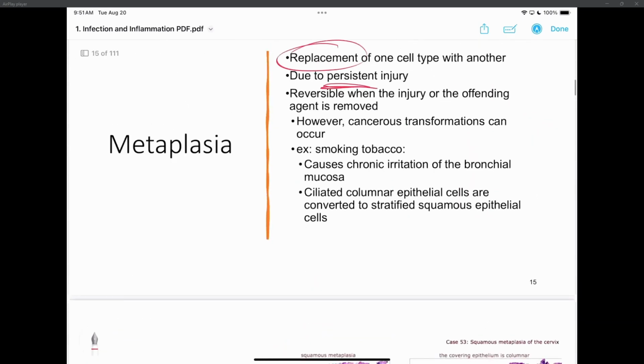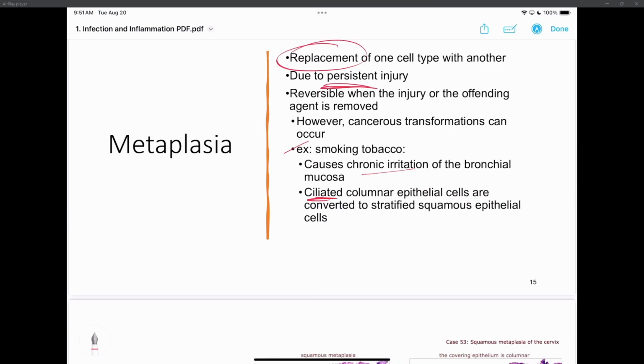Okay, the reason why smoking is so bad, chronic irritation of the bronchial mucosa by constantly inhaling the smoke. What does it do? We have our ciliated columnar epithelium. If it's ciliated, what does that mean on it? Cilia, what are they? What's the function of cilia in the lungs? Motility, get the phlegm out of you, right? All the pathogens get trapped in there, and mucus gets there, and you cough and you phlegm it out.